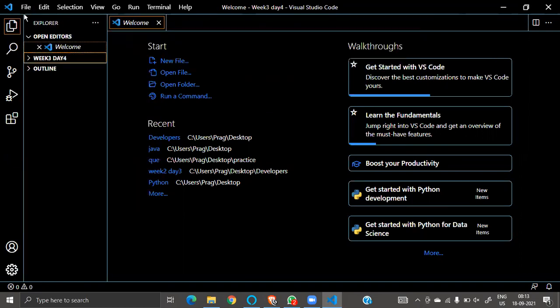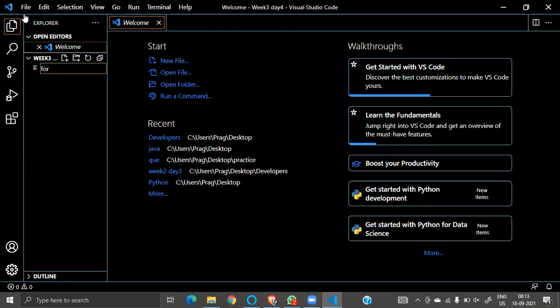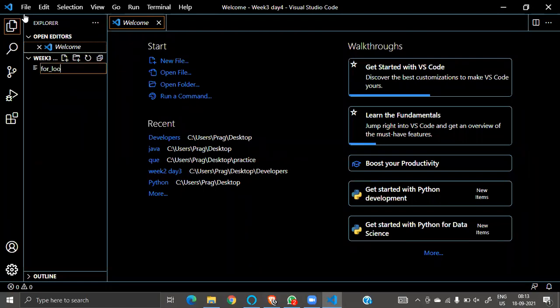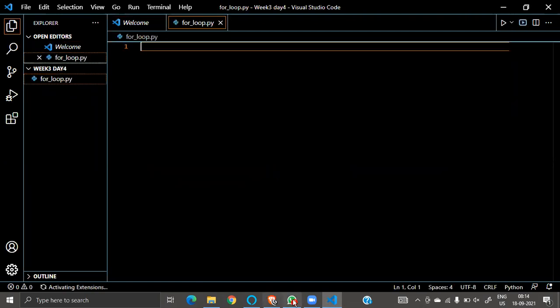File. Let's create some for loop. Okay. For loop dot py. Okay. Let's see. So